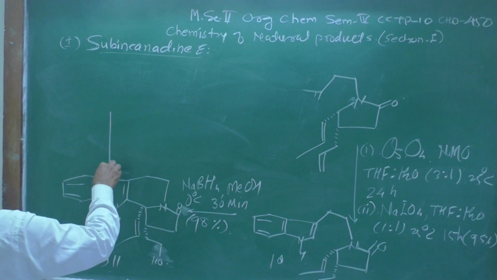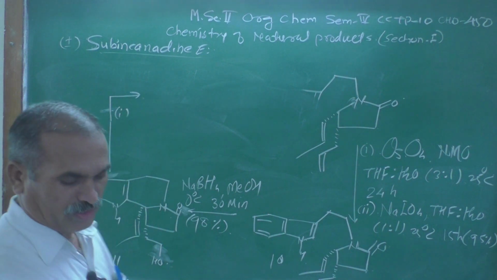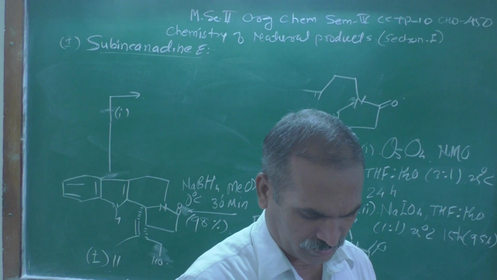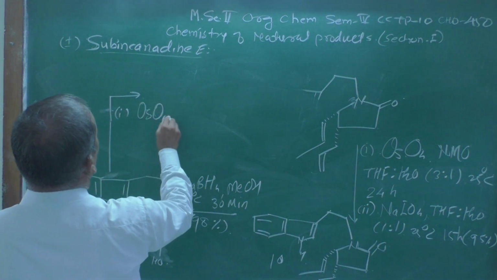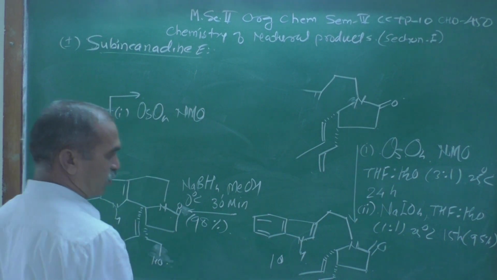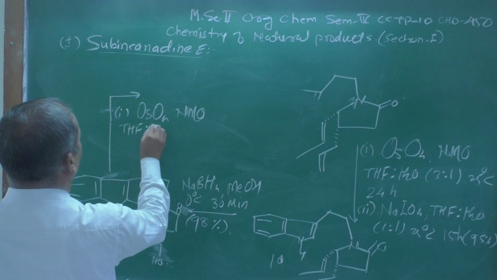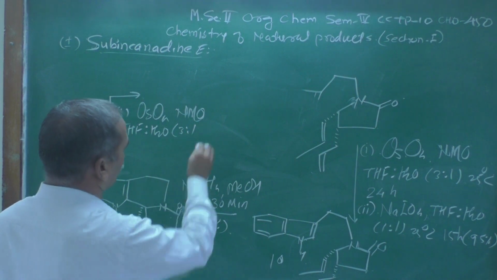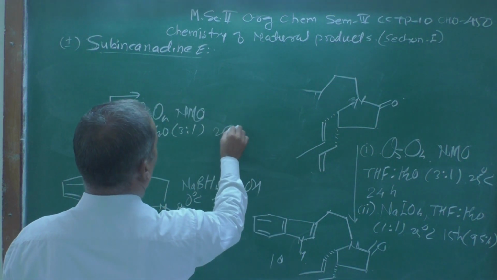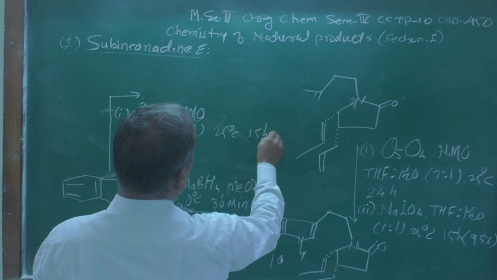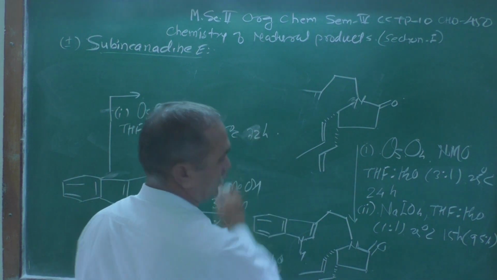After the 11th structure, when treated with some reagents over here, I am representing the reagents. So let me draw some reagents. Reagent number 1 will be added, osmium tetroxide once again, OsO4, NMO, followed by the solvents THF and water, again tetrahydrofuran and water, the proportion is 3:1, and this reaction mixture is kept at 25 degrees centigrade and stirred for, not 15, 72 hours.